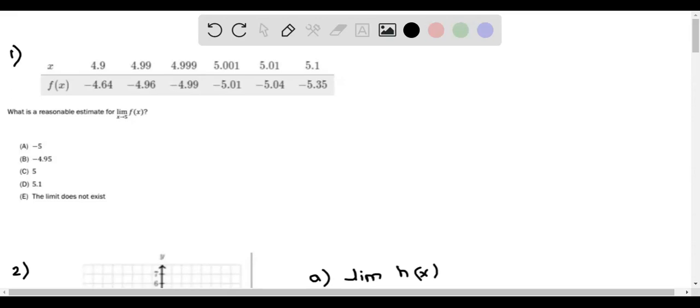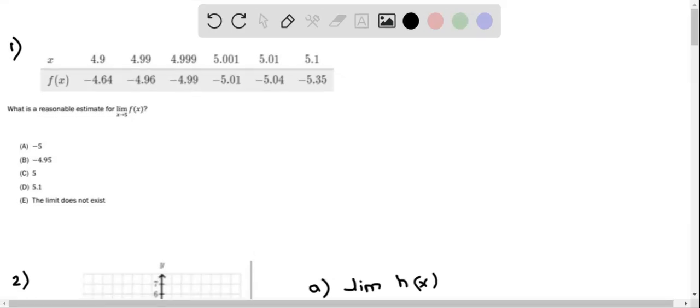Let's answer the two questions. The first question, we have to determine the reasonable estimate for the limit of f of x when x approaches 5. And for this, we have to determine the left side limit as well as the right side limit when x approaches 5. So here, when we look at the table, this is x approaching 5 from the left,